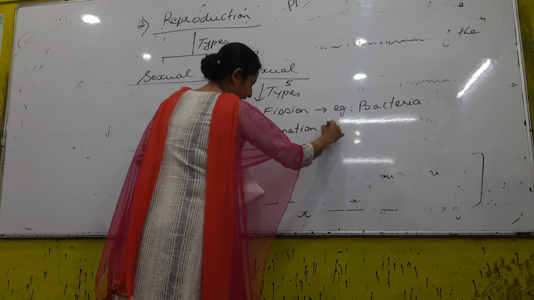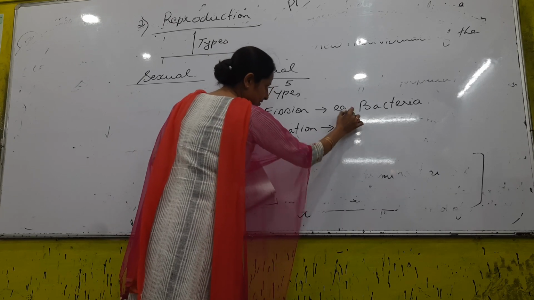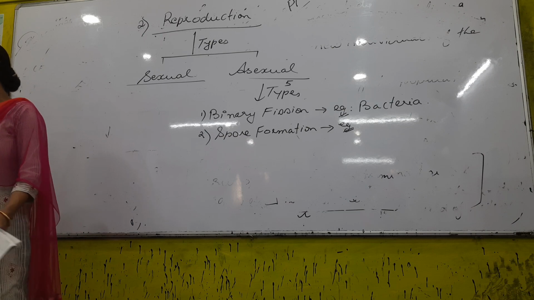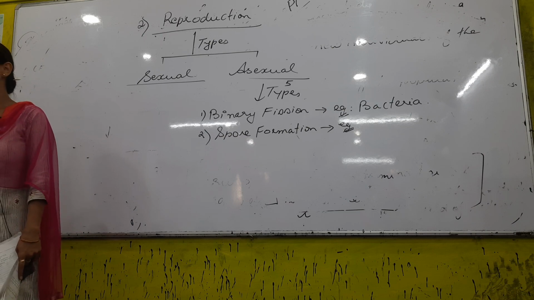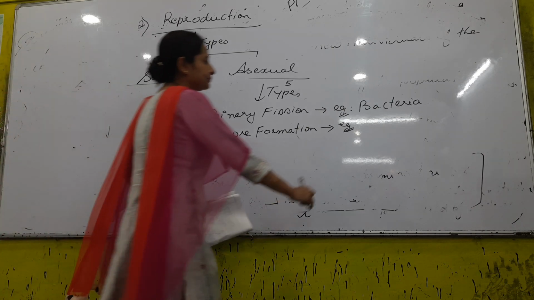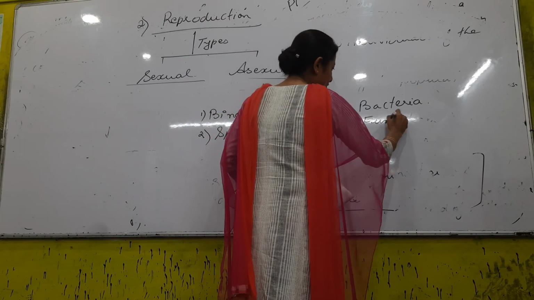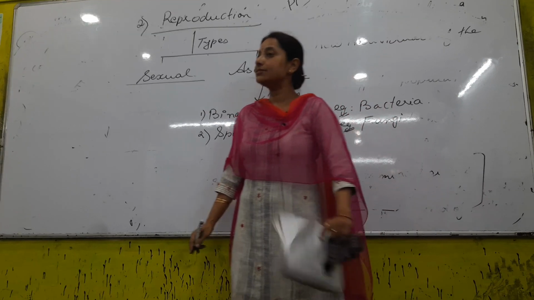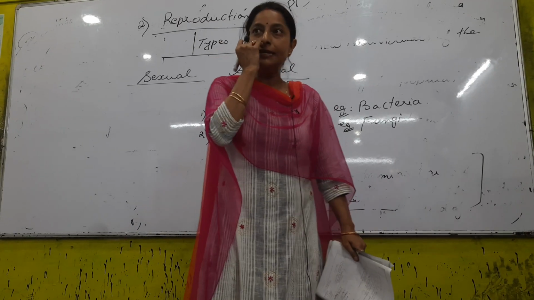Except the first year student, Maki Watson, spore formation is the most common type of reproduction in which group of organisms? Fungi, right? Is it only in fungi that you see spore formation? No, you see it in bacteria also, you see it in algae also, but it is common in fungi, right?